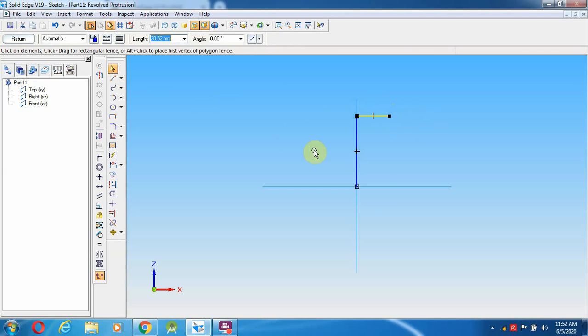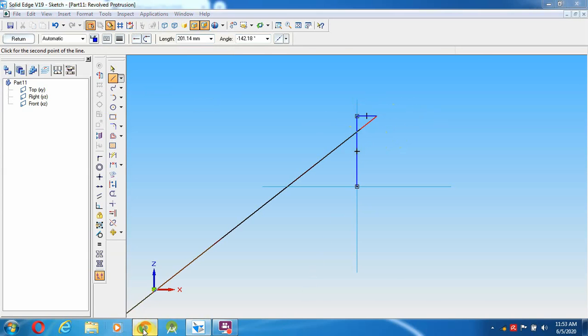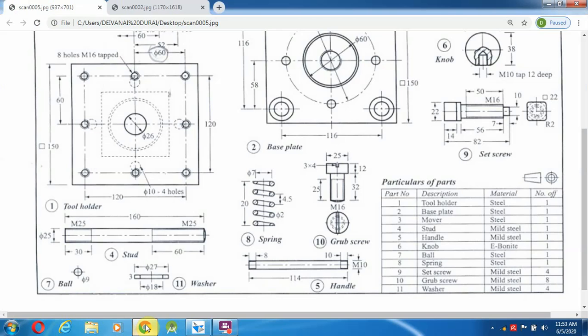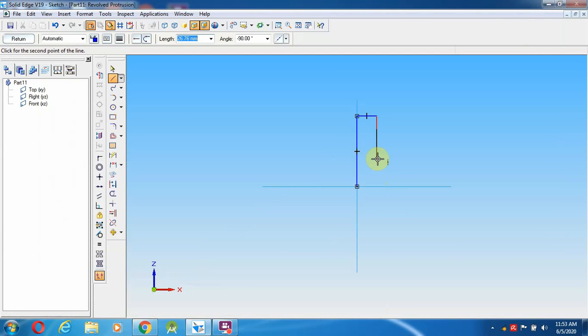Select a line from here to 12.5 mm and down 12, and towards here. 16 means 25 minus 16 is 9, so 4.5 this side and 4.5 the other side.